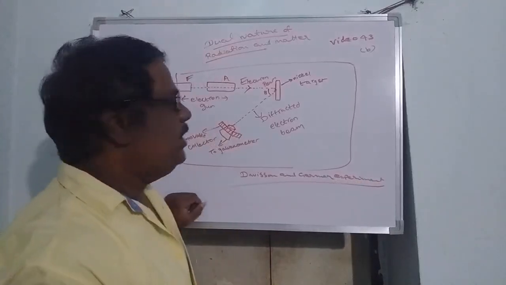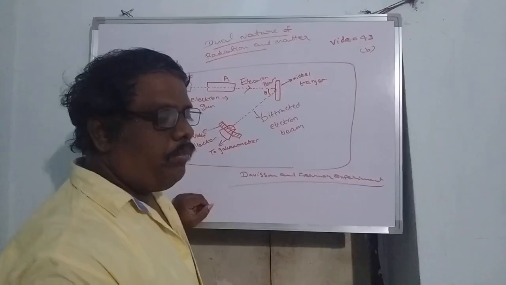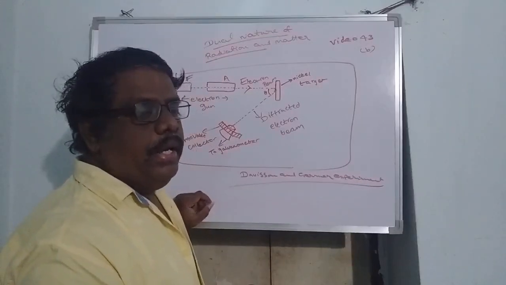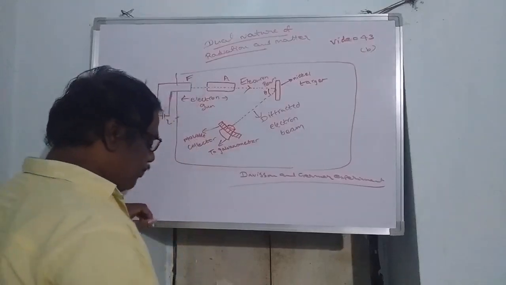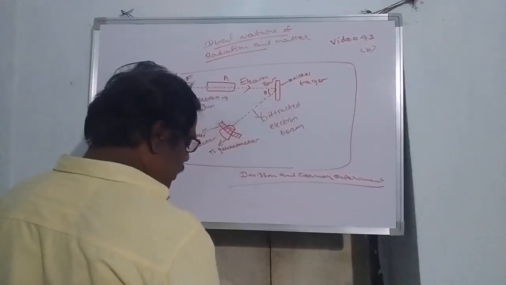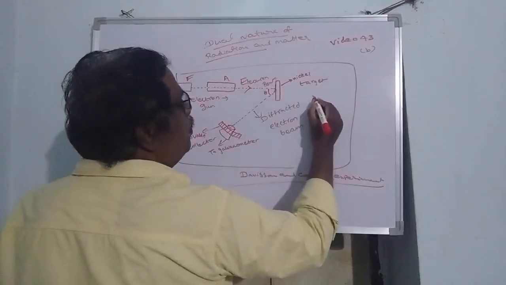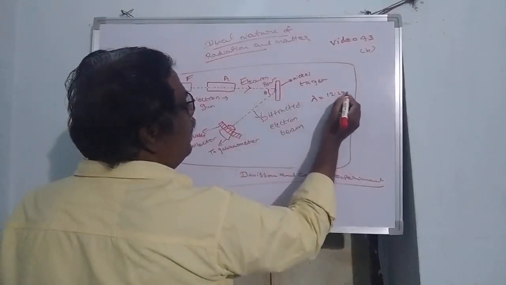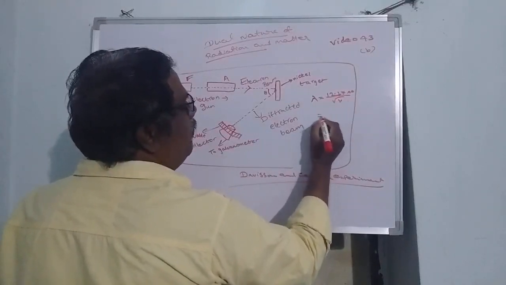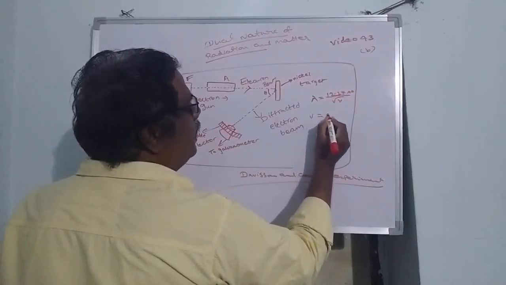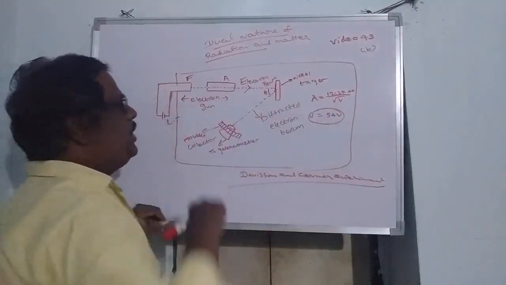Davisson and Germer experiment. So from this experiment, so this the Davisson and Germer experiment, de Broglie found out the wavelength by using a formula lambda is equal to 12.27 angstroms by root over V. The V value will be, they found out the critical voltage 54 volts. This is an evacuated chamber.